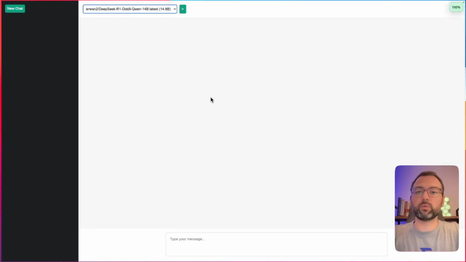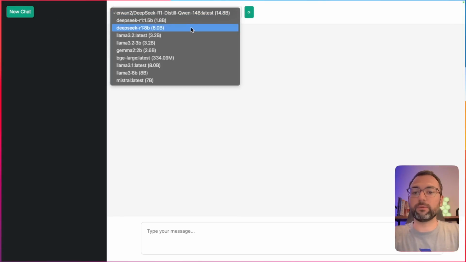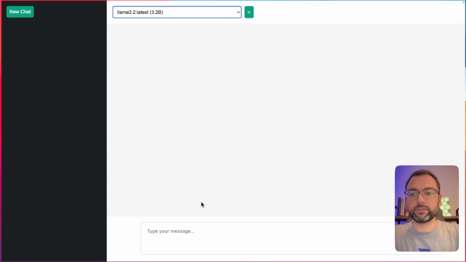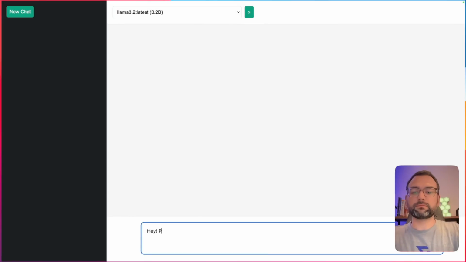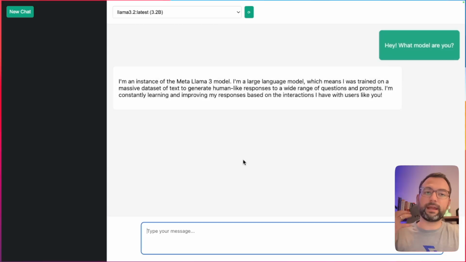So this is what DeepSeek was able to make. It has the core elements there. It has the new chat functionality. It does have the ability for me to pick new models that I want to work with. So let's once again do Llama 2, and I can say, hey, what model are you? And then I can go ahead and press enter, and then it's going to go off and try to